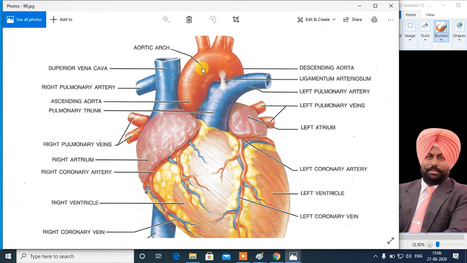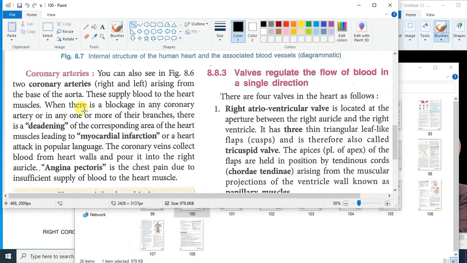The second artery which is leaving the heart is this blue colored pulmonary artery. This is carrying the blood from the right ventricle of the heart, and it is emerging out from the upper position, and it carries the blood to the lungs for oxygenation. It is of blue color. In our previous video, we discussed that the blue color means deoxygenated blood in the diagram and the red color means oxygenated blood in the diagram.